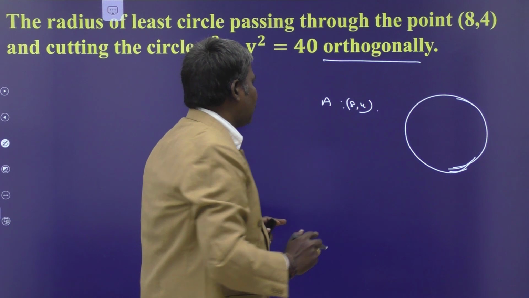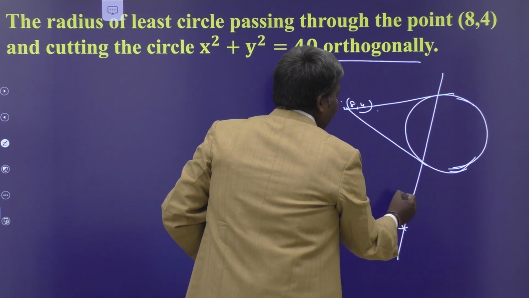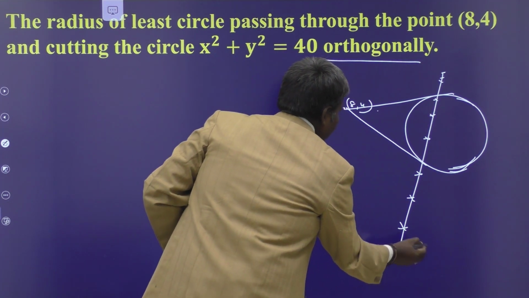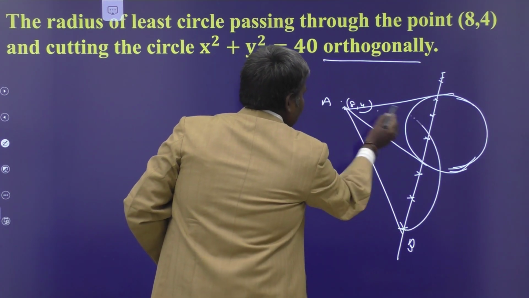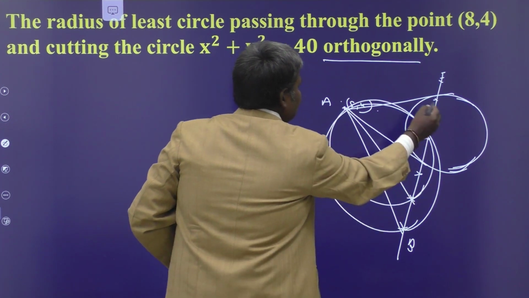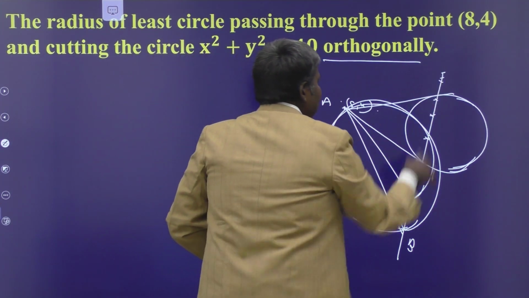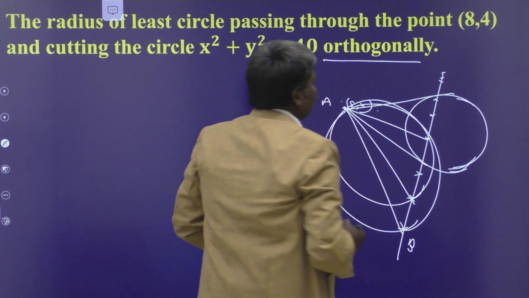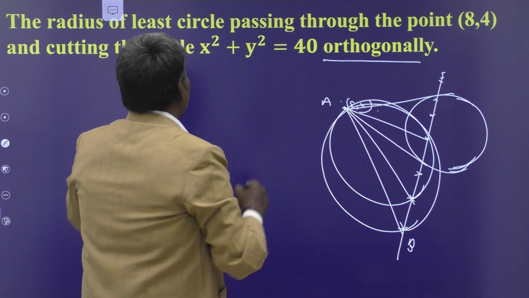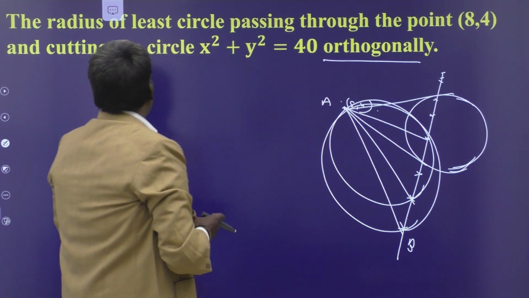If you take the polar of that point, every point on it must be conjugate to this point (8, 4). You take this one as B and consider AB as diameter, that circle cuts that one orthogonally. You get infinite number of circles like that. Which one is the smallest circle? Which point is nearer to this A? The inverse point is nearer to A. So your required point is the inverse point. Find the inverse point of (8, 4) with respect to the circle and draw the circle with AB as diameter that cuts the circle orthogonally.